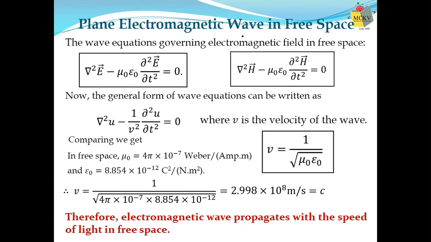I'll show you the animation next day, how an electromagnetic wave propagates. But the essence is that electric field produces magnetic field produces electric field, and the process continues. And that's why they do not require any medium. They are self-sufficient. The only point is, you need to initiate the process. Either you start the process with the electric field or the magnetic field. Then it will go on and on.